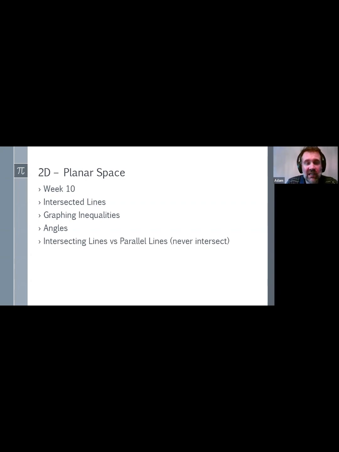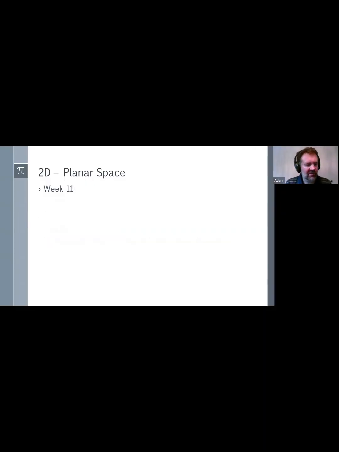So like an intersecting line, if it's a perpendicular intersecting line, that just means you'll know based on the slope of the 2 lines. If one is the negative reciprocal of the other one, then you know it's perpendicular. If they both have the exact same slope, they're parallel, unless they're exact same line. So you'll learn those types of concepts when it comes to intersecting